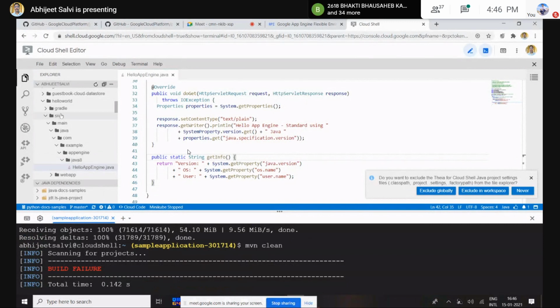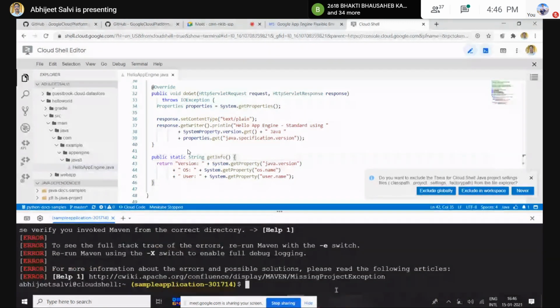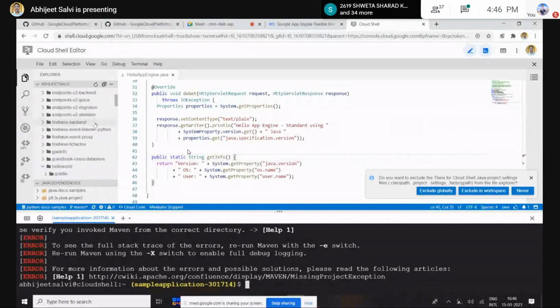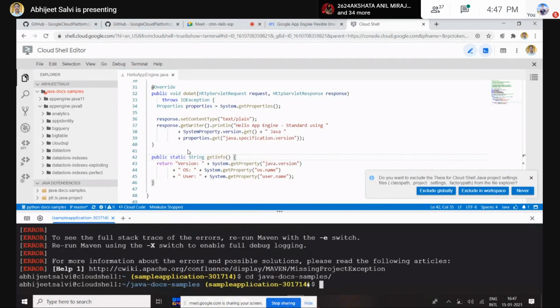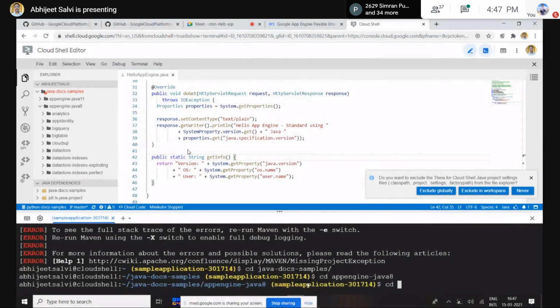We have to enter that particular folder first. So let me switch to that folder. Our top folder was app engine Java 8. Before that, cd java doc. So cd java, and you can hold down the shift key and tab to get into that folder. In that we have a subfolder named app engine Java 8. So we'll again cd app and shift and tab to get that, the version 8 one. Then cd again into hello world, that is our hello world program.